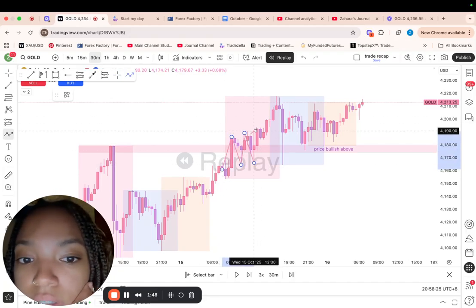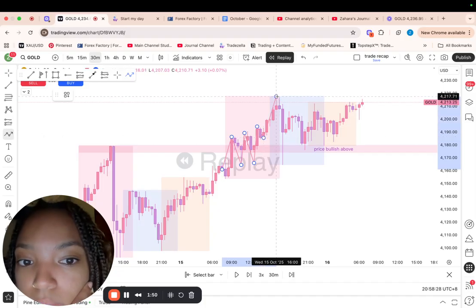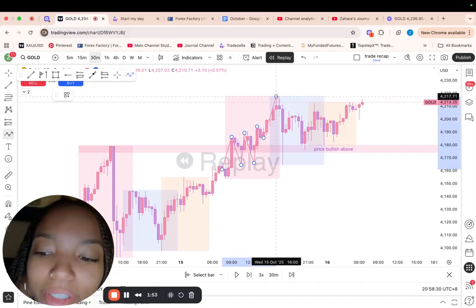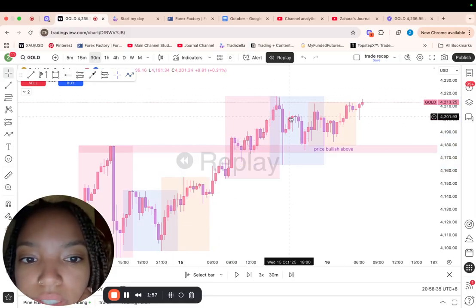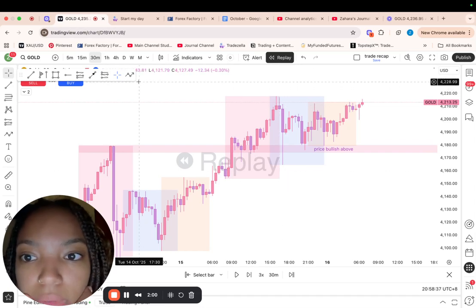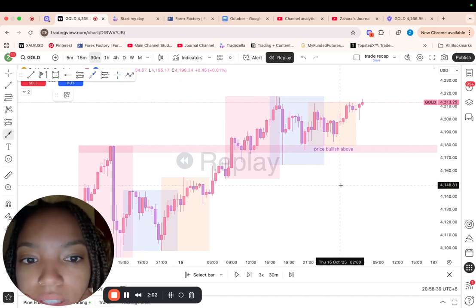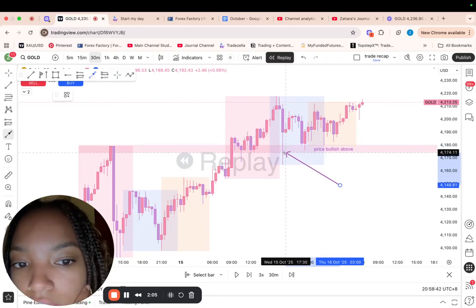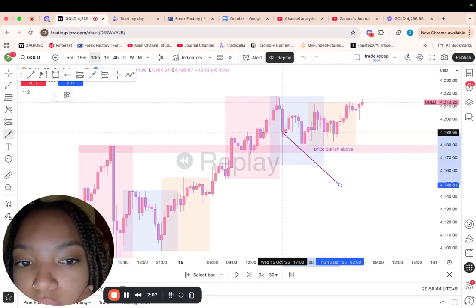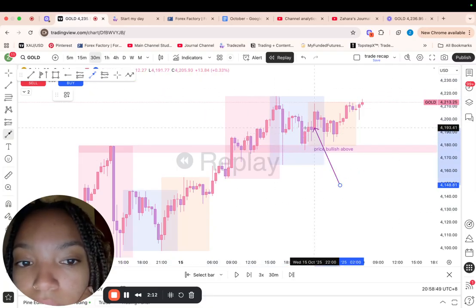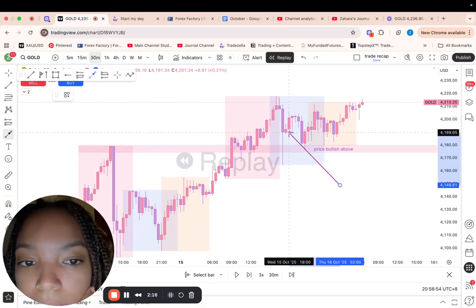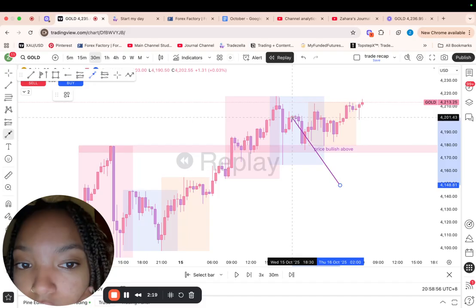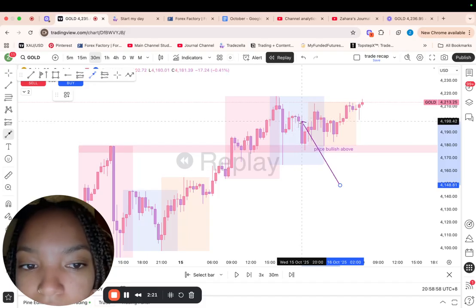The price action was extremely clean up until this point. Keyword, up until this point, because price did get a little bit hard to read once it got past this point, because it made this big move down. Obviously it's made this massive wick here and has just chased price straight back up above the level. So within the 1 hour, within the 30-minute, price literally just made a wick down below the level and then just went straight back up. And you can see that it's opened up and it's continued to push up. And then it went down.